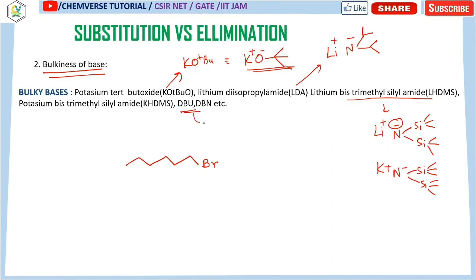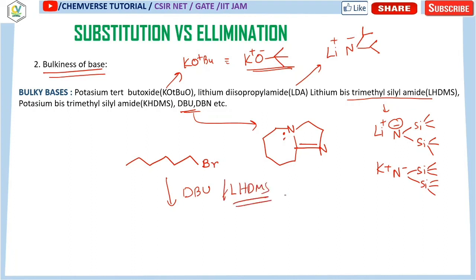Now this DBU is also a bulky non-nucleophilic base where a 7-membered ring, okay, 1 2 3 4 5 6 7, a 7-membered ring is fused to a 5-membered ring. Over here a nitrogen is there. So this is the structure where this lone pair can come over here and this nitrogen becomes N negative. So these are some bulky bases. So what happens if we treat it with some bulky base like DBU or DBN or LiHMDS? We can think something like this.